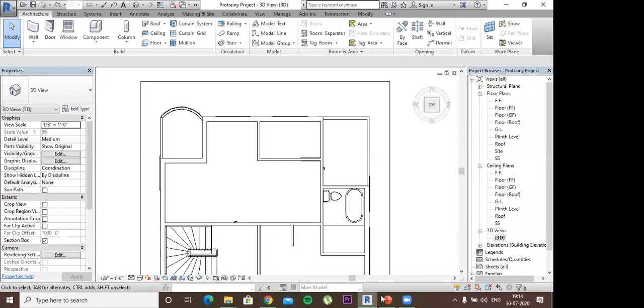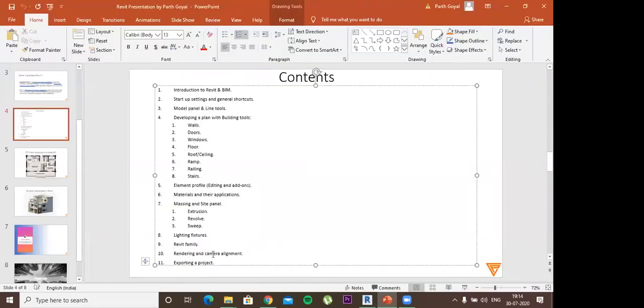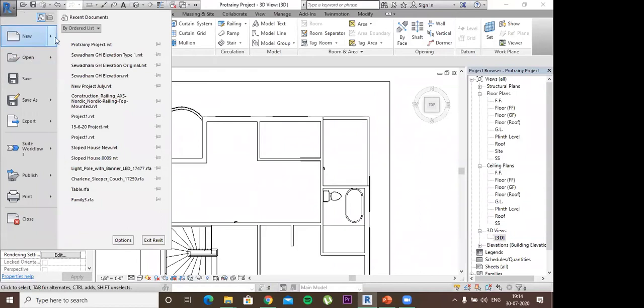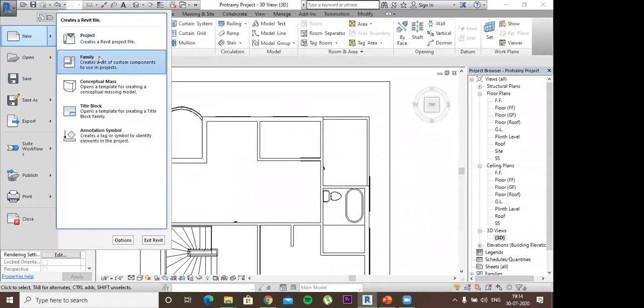Now we will see rendering in camera alignment. Okay, there is one more thing I want to tell you, that when you'll go to this panel, you'll see family templates. So here also you can design your own family, just like I have told you how to do it in model in place. Here you can design your own family templates, and then you can use that template in different projects also. You can export that template, save that.